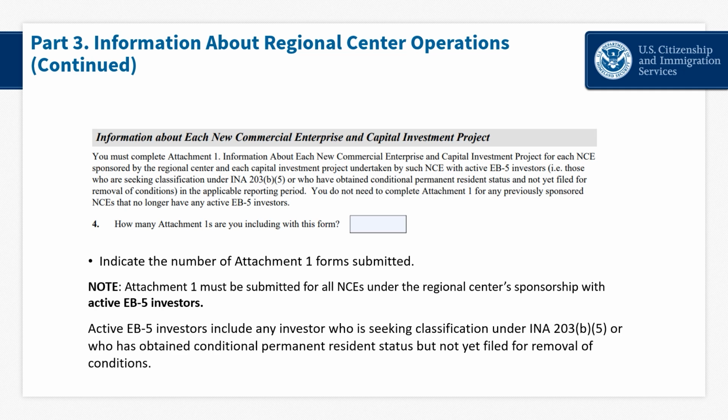The Regional Center must attach a completed copy of Attachment 1, information about each new commercial enterprise and capital investment project, for each separate and distinct capital investment project being undertaken by each new commercial enterprise sponsored by the Regional Center. For example, if the Regional Center sponsored 3 NCEs, each undertaking 1 capital investment project with active EB-5 investors in the preceding fiscal year, they should submit 3 separate Attachment 1s,